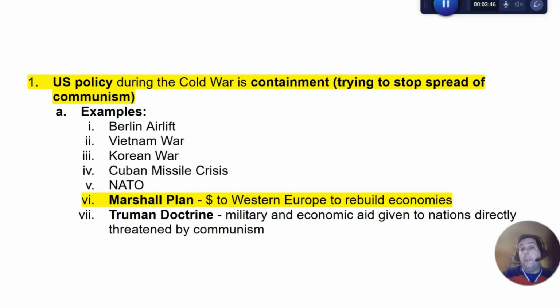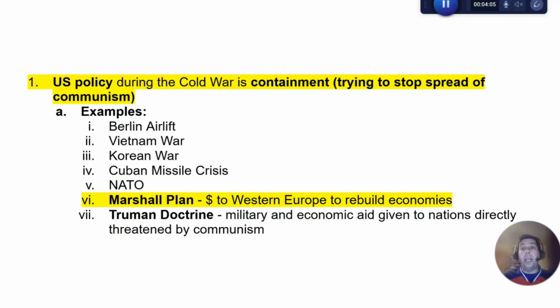In the charter of NATO, it says an attack on one is an attack on all. That is a message to the Soviet Union. Look, if you invade West Berlin or if you invade West Germany, the United States and everybody in NATO, but the United States is going to see that as an attack on the United States. So it's going to keep the Soviet Union from being aggressive.